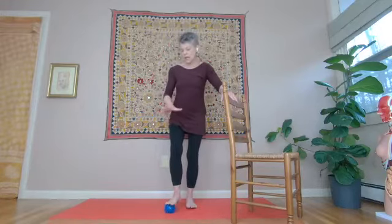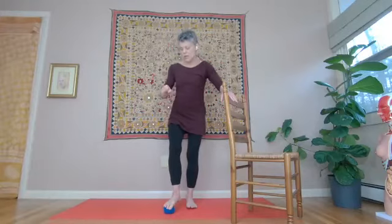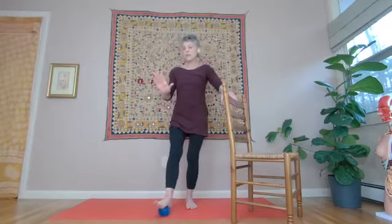Maybe curl your toes around the ball like a kneading kitty cat. And then maybe roll over it and extend your toes, wave them out. All kinds of things you can do. Going gently through the